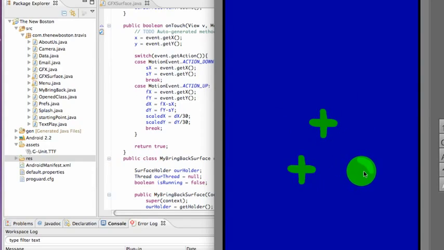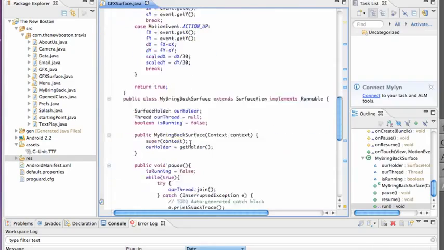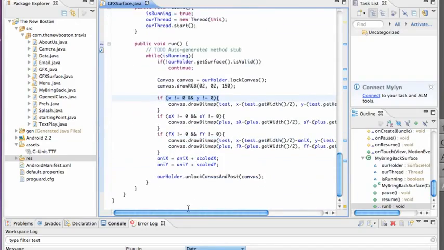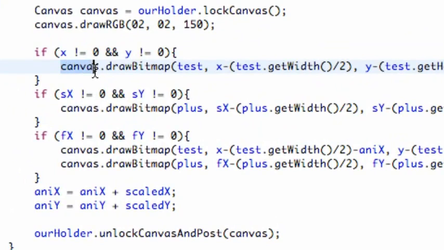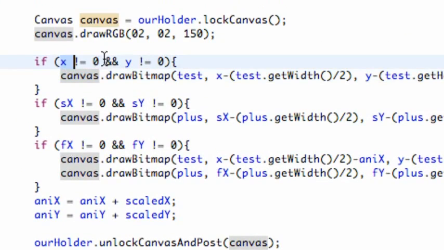What we're going to do is clean up this little thing. Right now, once we launch it once, it's not going to launch again, and we still need to get rid of this. So, first thing we're going to do is get rid of this green ball that's being left behind. So let's scroll down, and here we go. Basically what's happening is every time our X and Y changes, which happens every time we're pressing the screen,